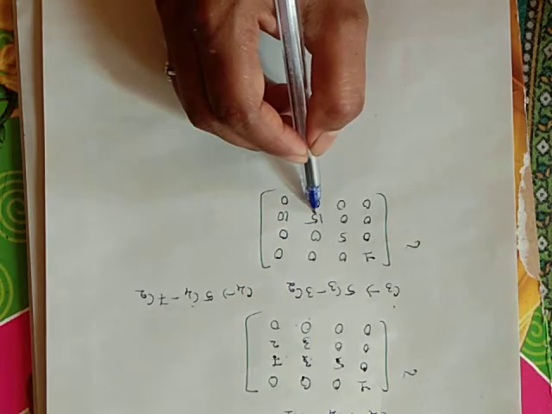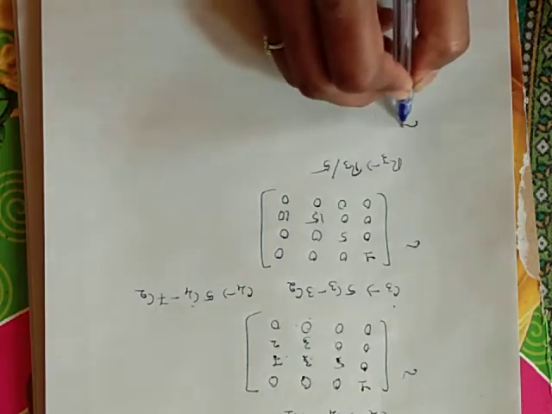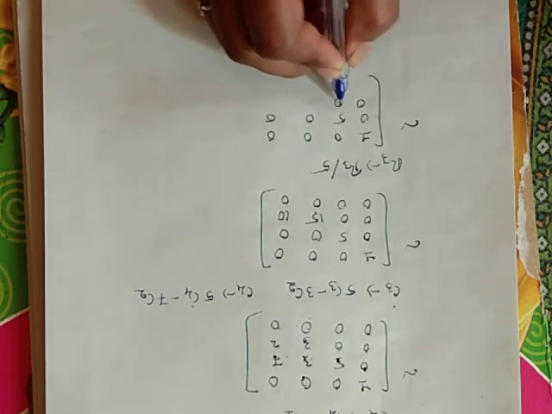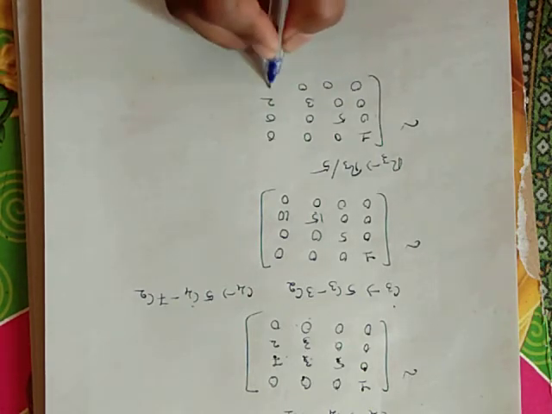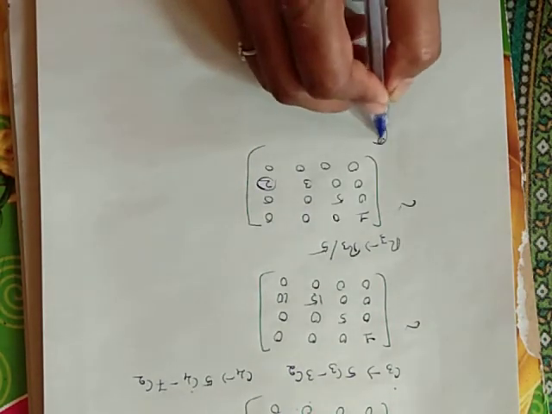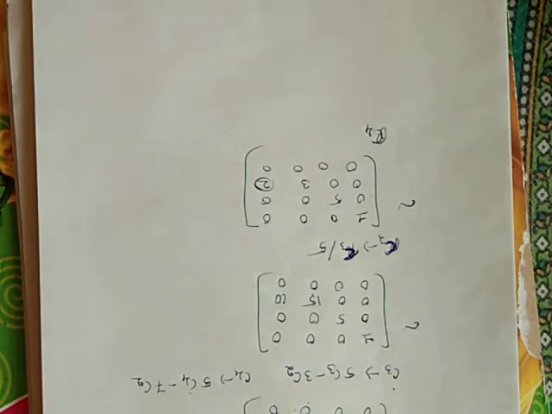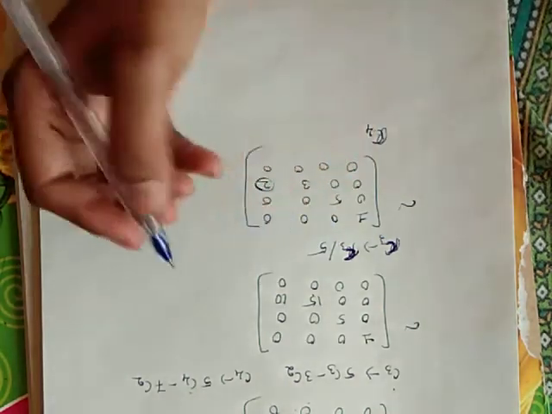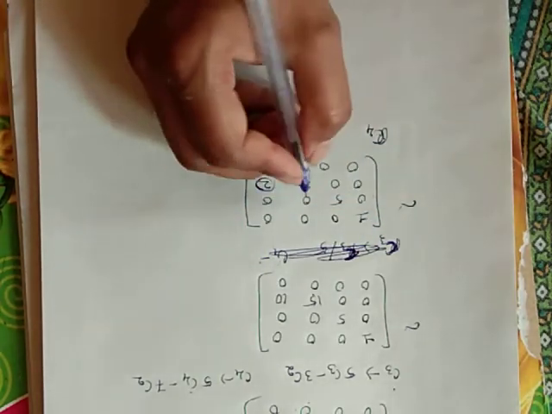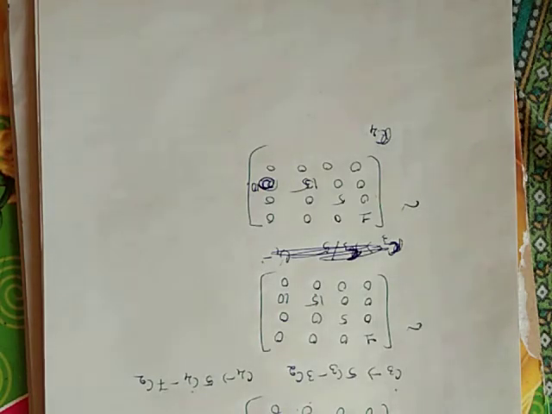So I am taking in the R3, divide R3 by 5. R3 tends to R3 by 5. So 1 0 0 0, 0 5 0 0, 0 0 3 2, 0 0 0 0. Now using this term, make this term 0. Sorry, we are making the column transformation. C3 by 5 and C4 tends to, keep as it is, 15 and 10. Keep 15 and 10 as it is.